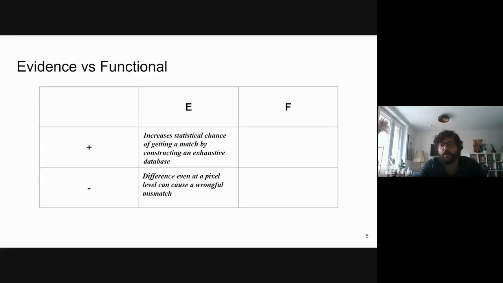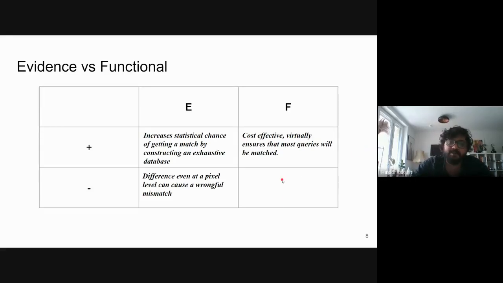On the other hand, if I see the functional approach, one huge benefit is that it's cost effective, because when you keep something in a database, it takes some memory, and you're charged for it. But if you go for a functional approach, you do not need to store a lot of information in the database. You're getting it through a functional approach, and then it's much cheaper to compute.